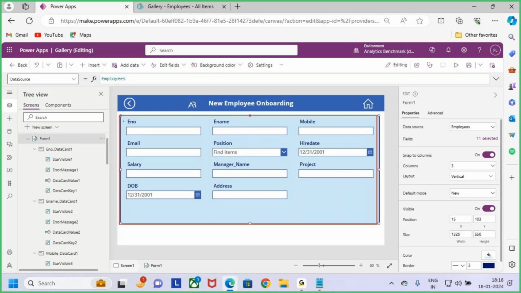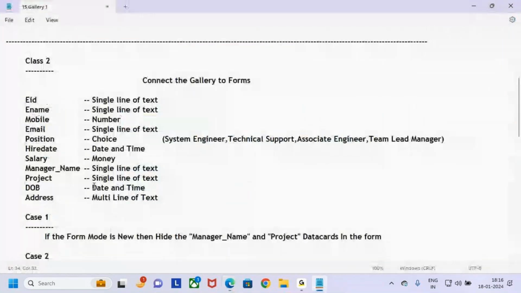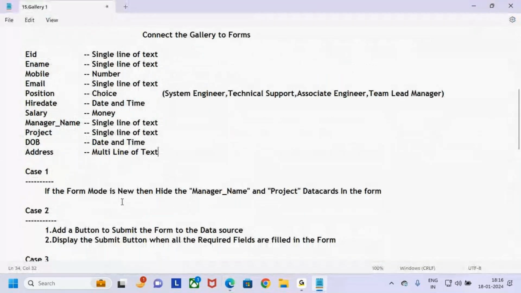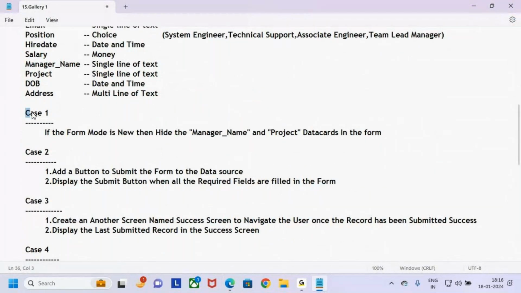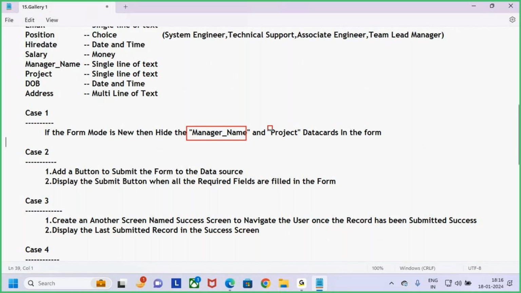Now this is the form I am creating and this is the screen I am building, guys. Now what is my requirement here? What's my first use case? Use case 1. Try to understand, guys, what I'm keeping here. If the form mode is new, then hide the manager name and project data